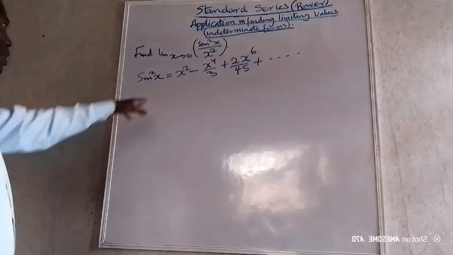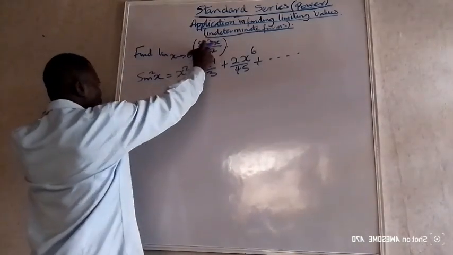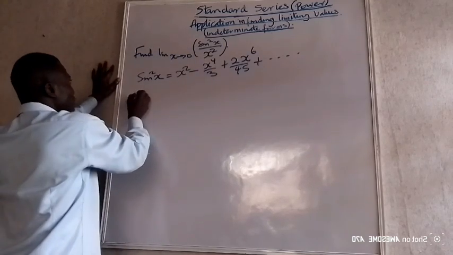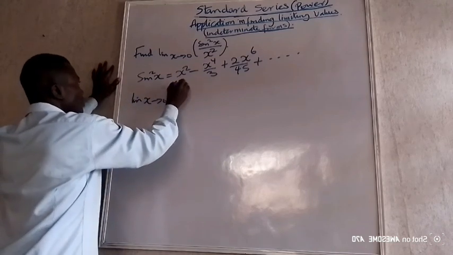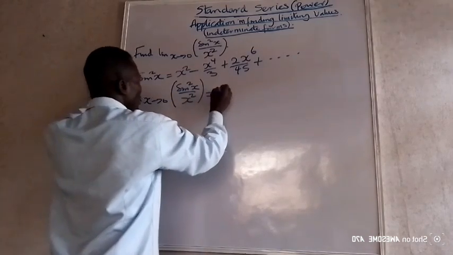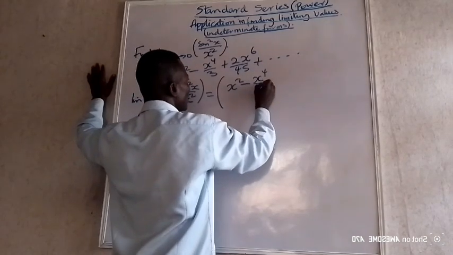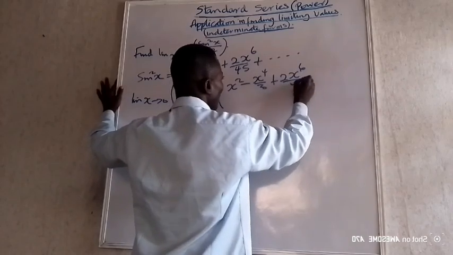From here, you can work out the limit of sine squared x over x squared when x tends to 0. So you can now say, limit as x tends to 0 of sine squared x over x squared is equal to x squared minus x to the power 4 over 3 plus 2x to the power 6 over 45